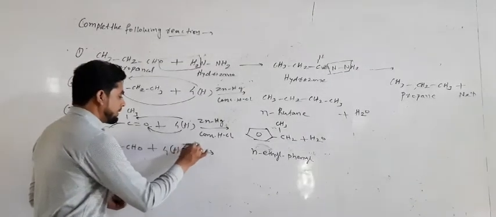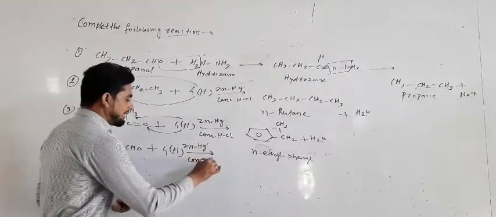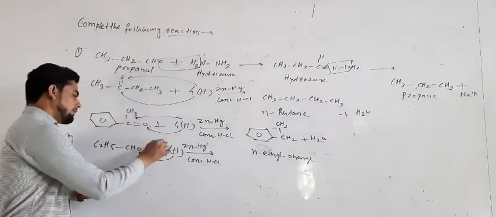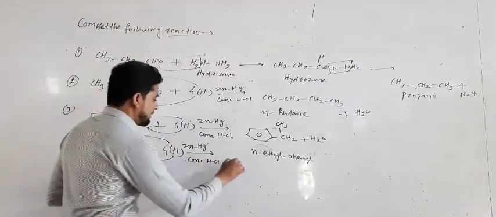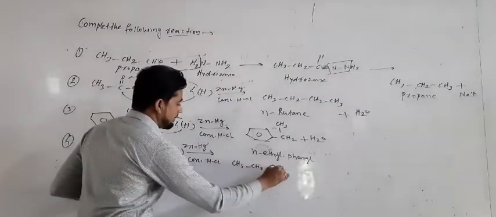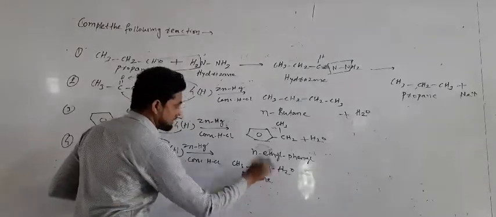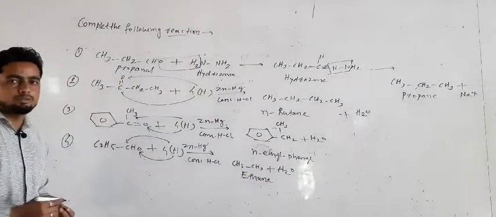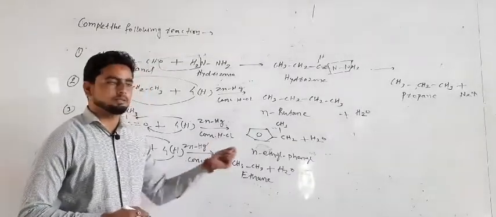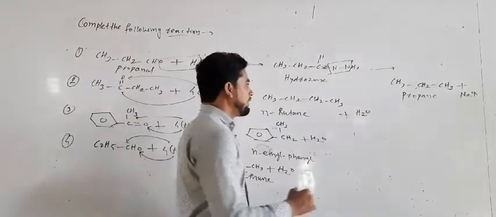It also takes place in presence of zinc amalgam and concentrated HCl. So same here, this H is attached to oxygen, the remaining attached to carbon. So we get CH3, CH, and these 2 H will be here, CH3, plus loss of a water molecule. How many carbons? 2 carbons is called ethane. Clear? So in this way we take the question. This question is also asked in examination, complete the following reaction. This is how you have to complete it, beta. It's a simple reaction. Okay. Now we take the last reaction.